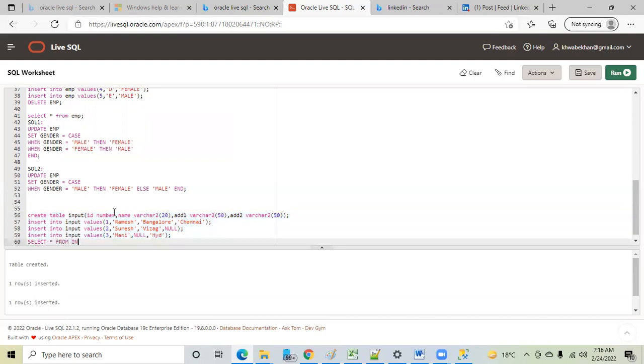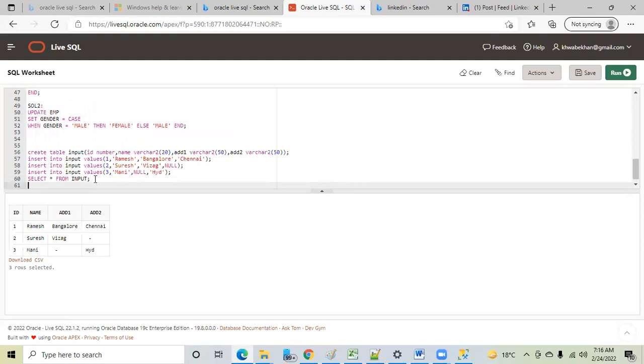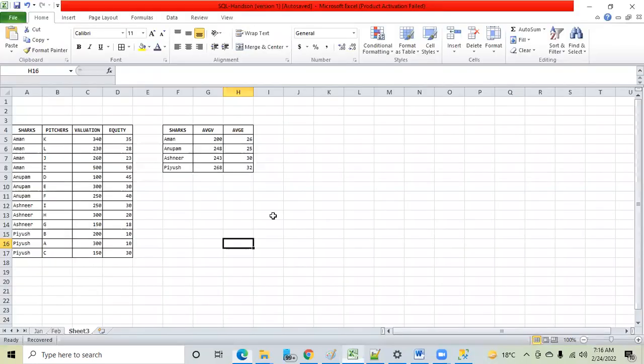Fine. First of all, let me show you the structure of this table. This is the structure. I think this is clear now. Tanvir, can we do it with union all? And after that, in a subquery we can use not null.